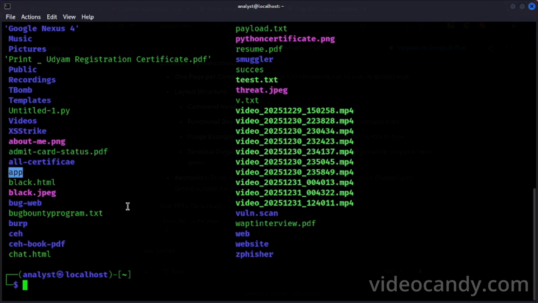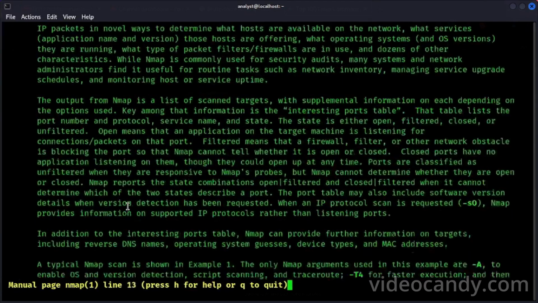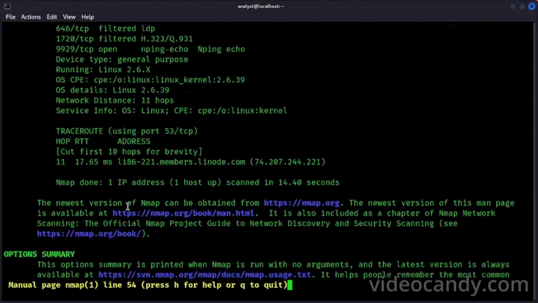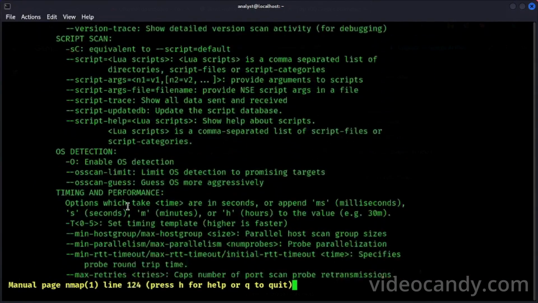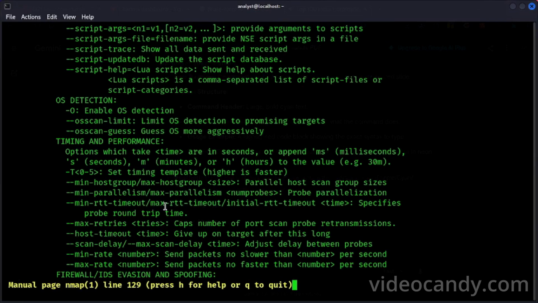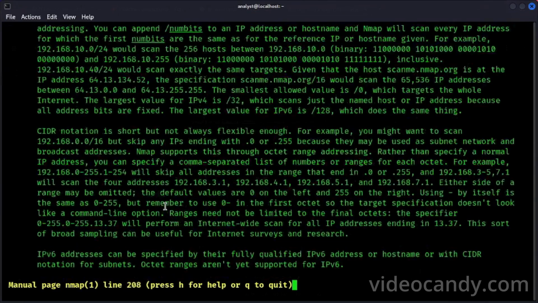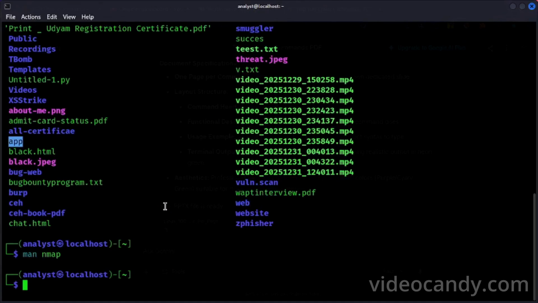If I want to learn about nmap, I will type man nmap, and this will give you in the most detailed way how to use it and everything. And press q to close.